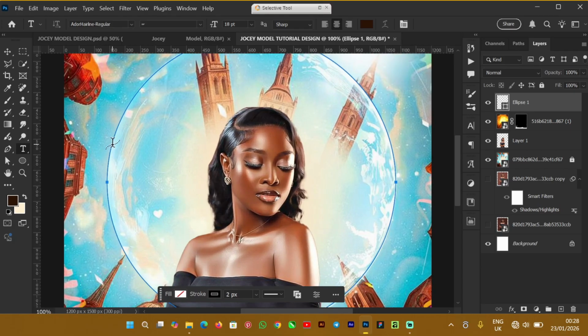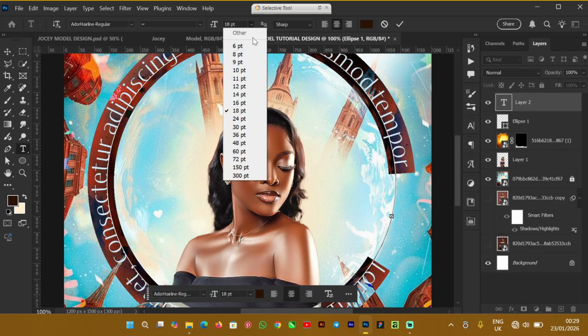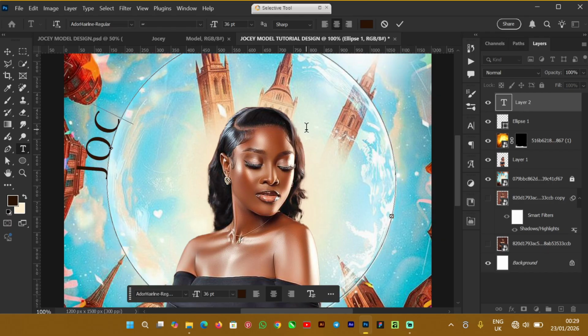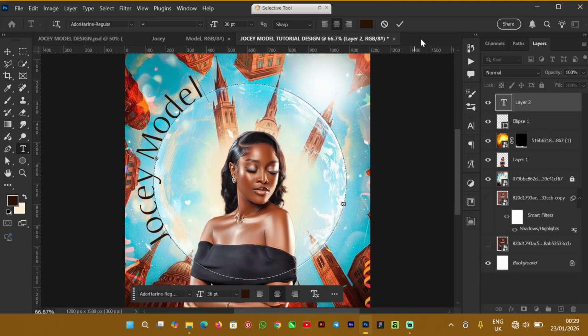You can see the icon is already changing. It's not changing, but if I put the edge of the ellipse to the circle, it's changing. You click on it. You can see it. You can increase it. I think that's something. So we want to write Jocey Model. You can go on to see what I'm doing here. So what I want to do here is that